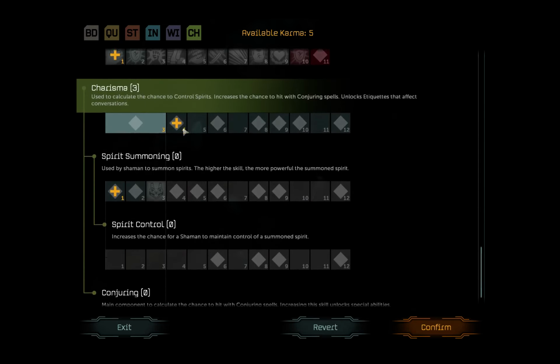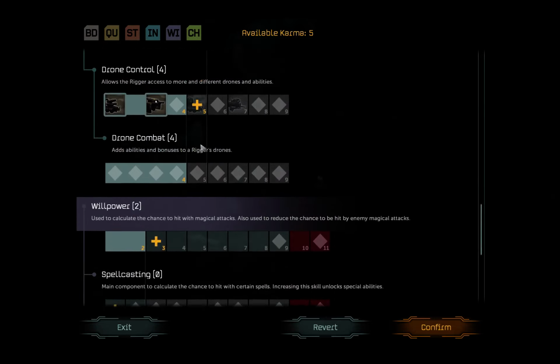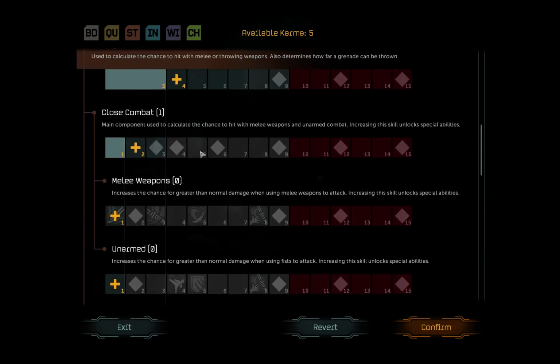I don't think we need anything willpower. We don't really need charisma. But we get a new etiquette, which is, oh, it's so tempting. I love getting those sorts of things, just like increased dialogue options. But